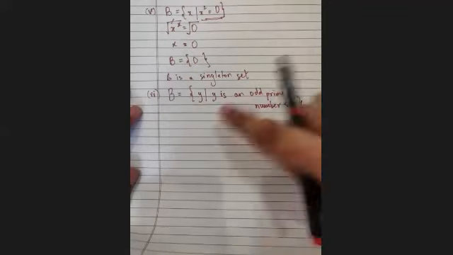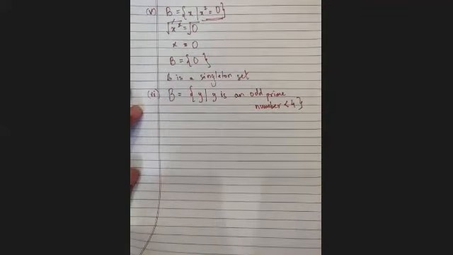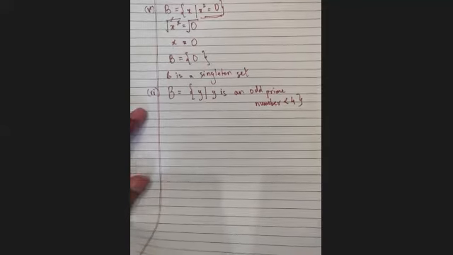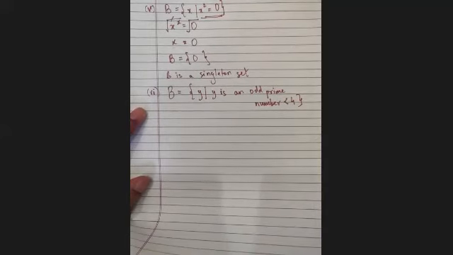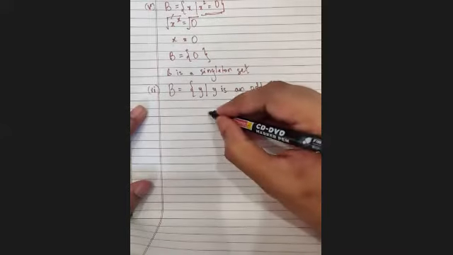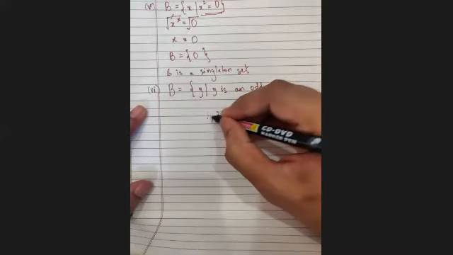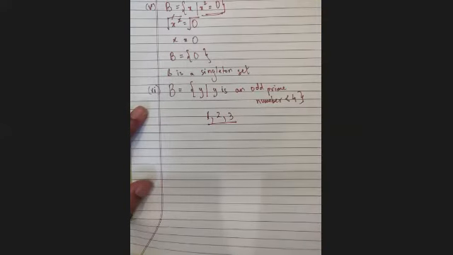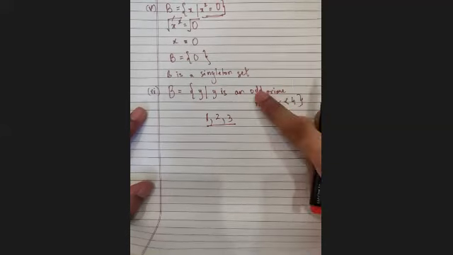Read this out loud, Fawaz. B is a set of all y such that y is an odd prime number less than 4. Okay, less than 4, which all numbers are there? First tell me that. 1, 2, 3. See, prime and all we only check from natural numbers. So no need to go into negatives. Can you tell me which is an odd prime number?